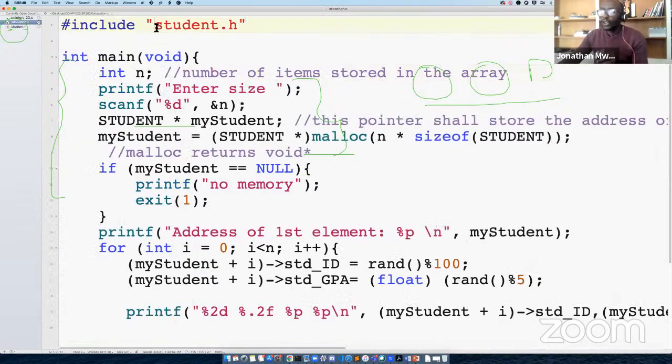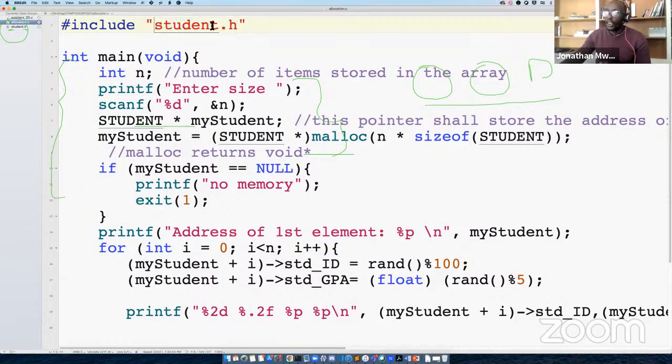Now, because this student.h file that we have created is not in the usual place where the library files are kept, this is a file we have created and we can save it anywhere. So we put in the double quotation here and we can include the exact location, the actual file path, so that the compiler knows exactly where to look for it.